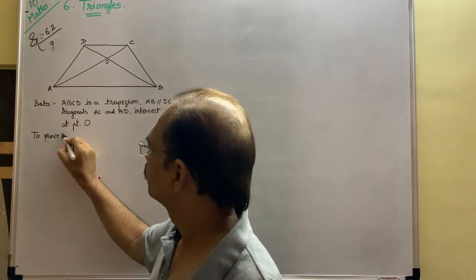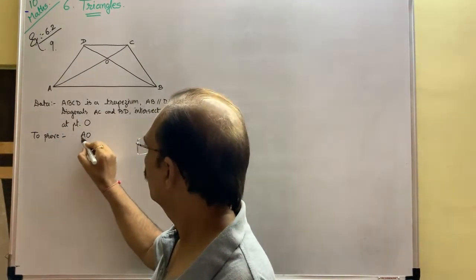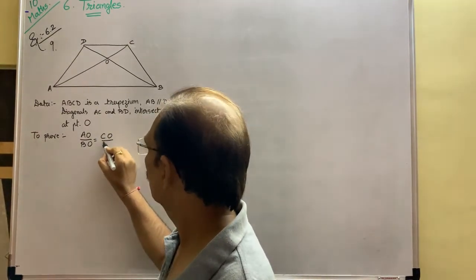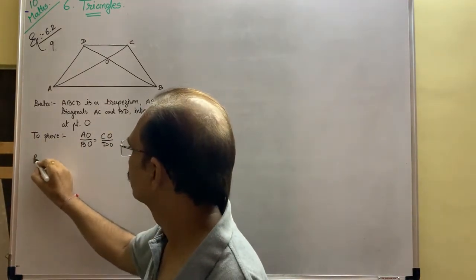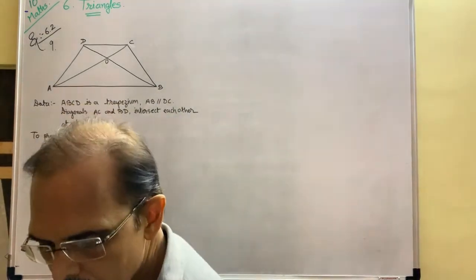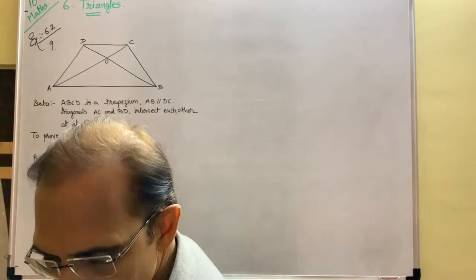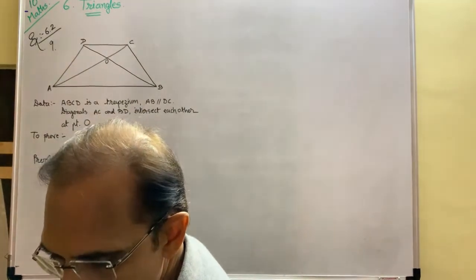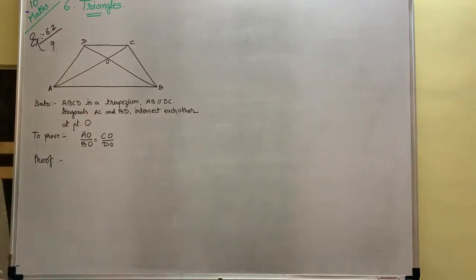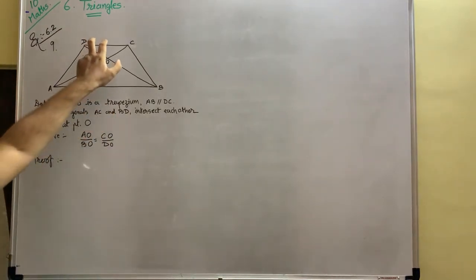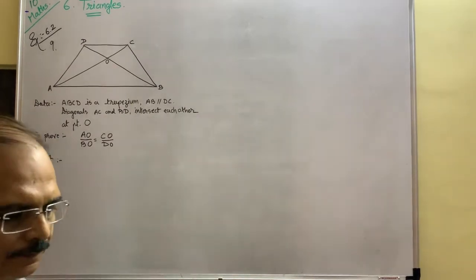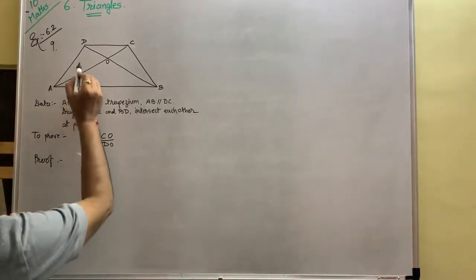To prove: AO upon BO equals CO upon DO. See here, we have only AB parallel to DC, right? Which does not form any triangle. So we suppose